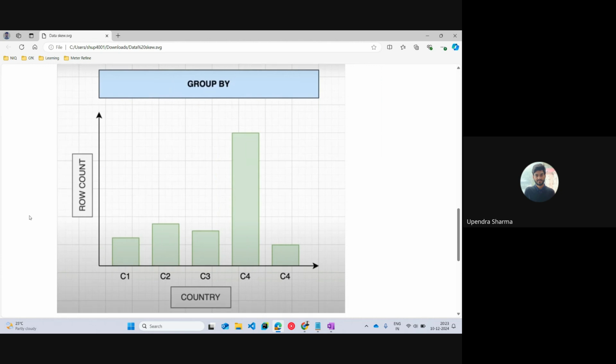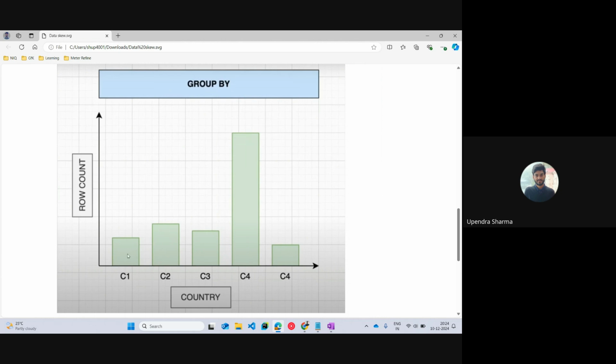Now, data skewness can arise because of various problems. But the first reason which comes to my mind right now could be an aggregation operation. Let's say we have data and we aggregated it, grouping by country, in this example. And let's say we have a table in which we have consumers across different countries, right? So let's say we have more consumers from country C4. We have partitioned the data based on the country.